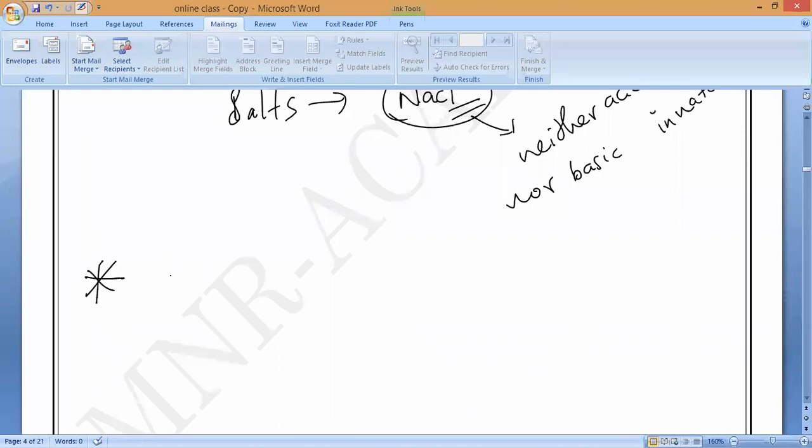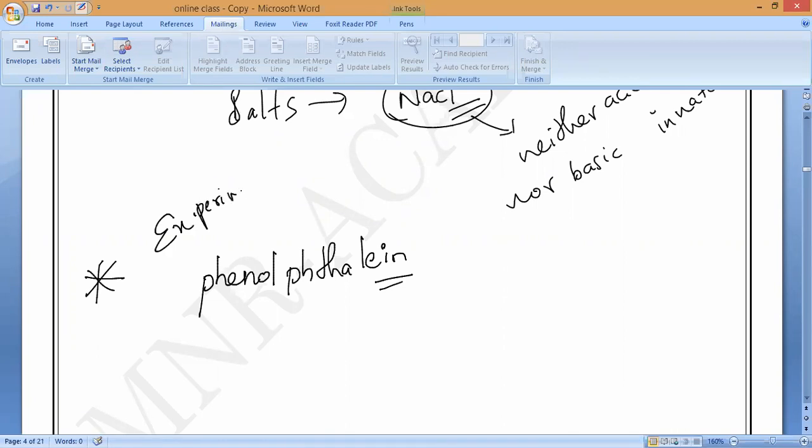Now to test this neutralization reaction in the laboratory, all of you please consider, we will use one indicator called, what is that? Phenolphthalein. Understand? Why, sir, why can't we use another one? We can easily do it with this, and we can observe some color change also. That is why we are using phenolphthalein solution as an indicator in this experiment. The experiment is to verify that acids react with bases, or we can say to show the neutralization reaction. Both we can do.